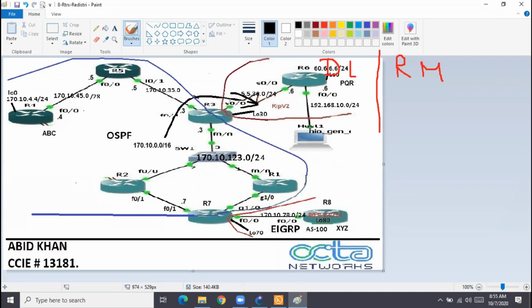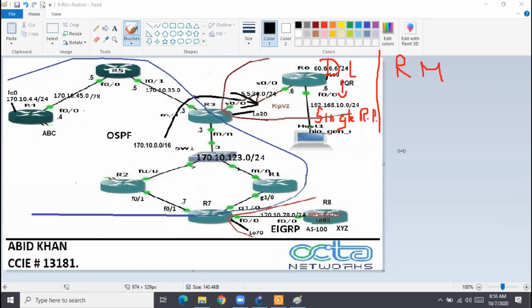Only one. So whenever you have a router which has only one routing protocol and you want to filter routes in that routing protocol, what do you use? You use distribute list. That means when you have a single routing protocol, the tool which can be used is only distribute list. You cannot use route map. There is no command, only single routing protocol. If the router is having a single routing protocol, distribute list is the tool.